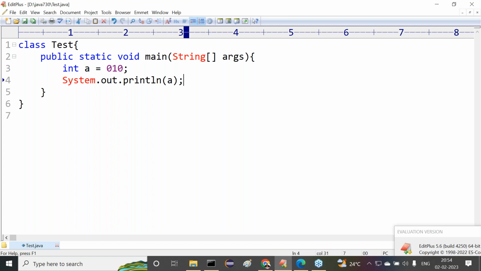Tell me what is the output here now? Output value will be generated in the form of what? Decimal number only. But how are these octal numbers converted to decimal? That we have to calculate.